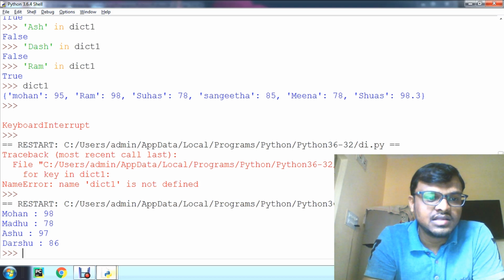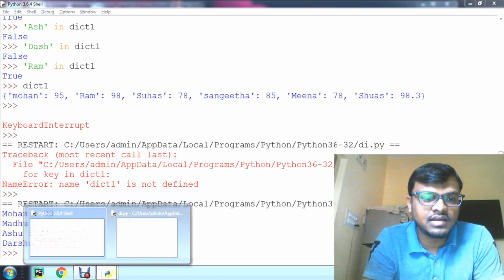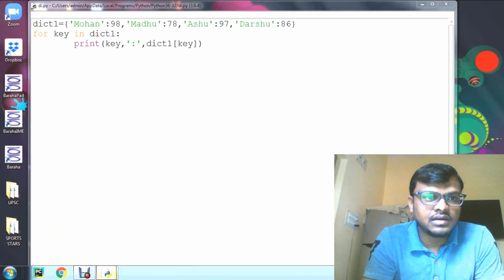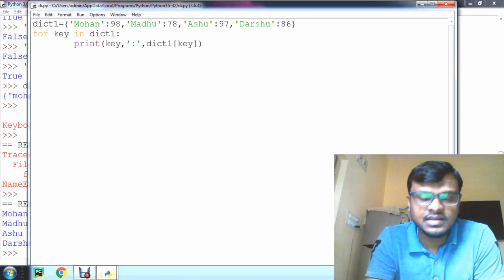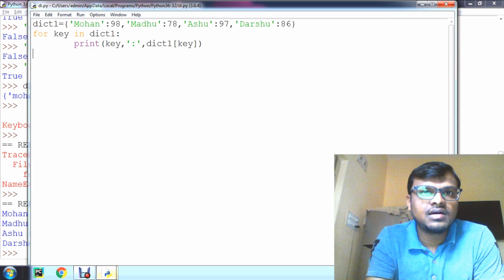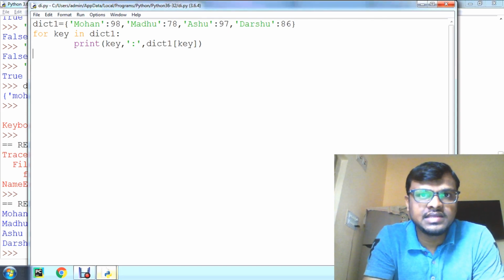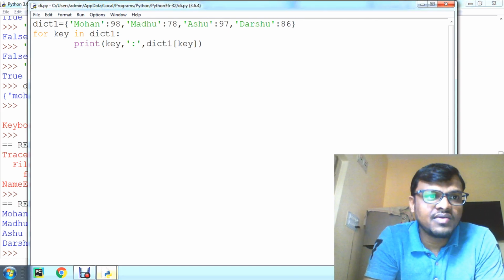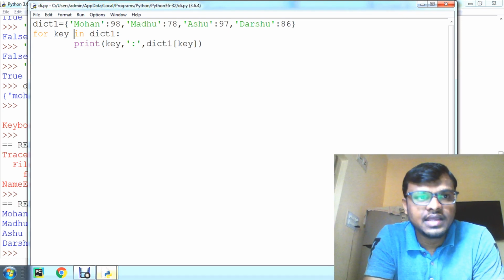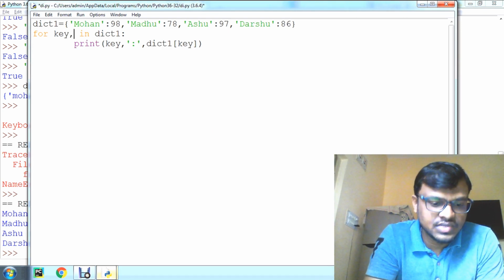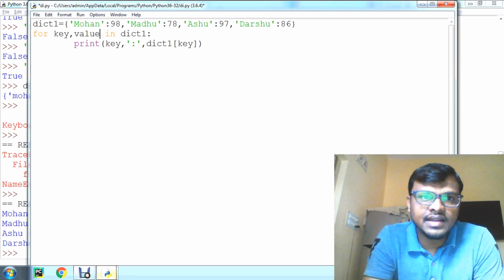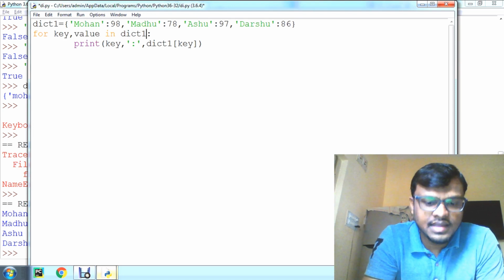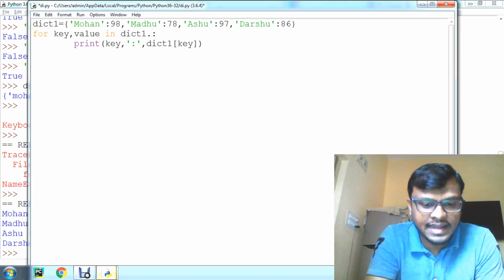Okay, clear? So we have another method. Let us take the same dict1 and change the method, the second method. In the for statement only we are going to change it: for key, value in dict1.items.